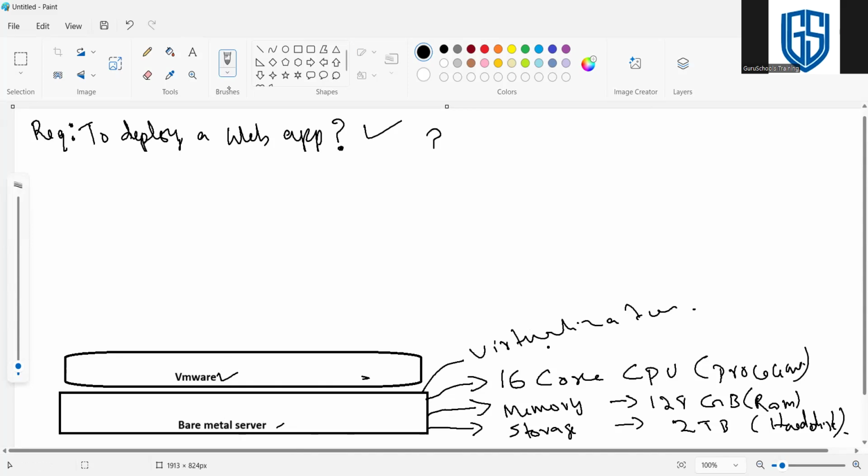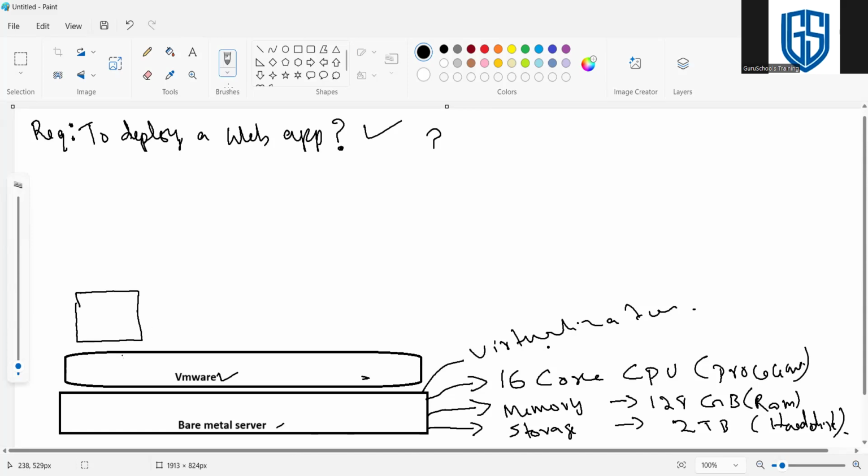After installing VMware, we will get a GUI, a graphical user interface console. We need to go there, and from there install the required operating system. For example, for this machine, we can install the Windows operating system.